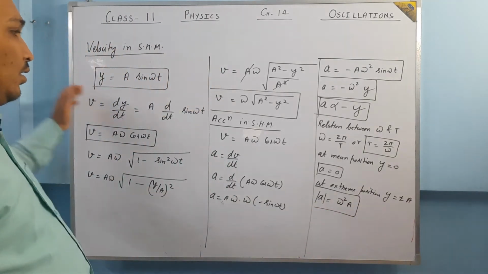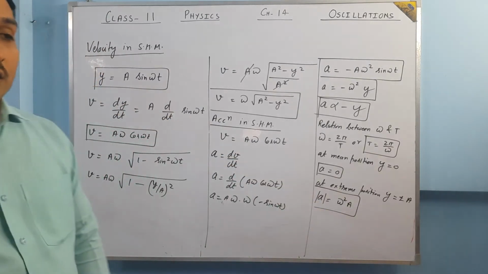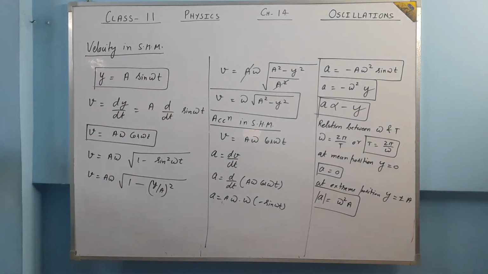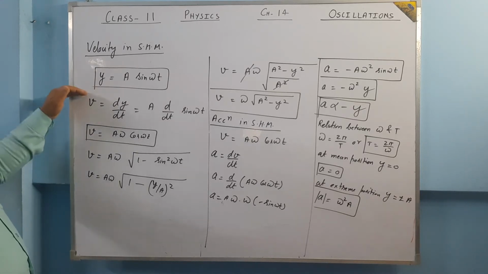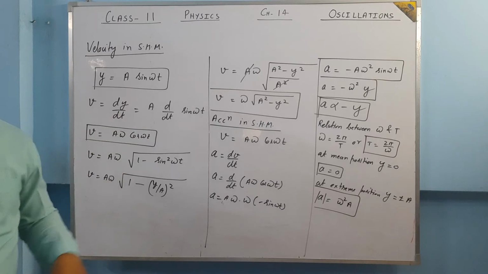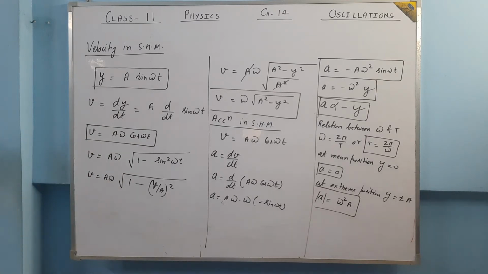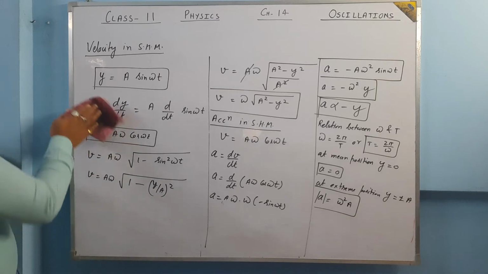So from here till here, it is all about velocity and acceleration. Now I'm going to write displacement, which is already written over here, velocity, and acceleration, and then we will discuss the graph of them. Okay, so let us discuss the phase relationship between velocity and acceleration. Let me write all the equations over here.